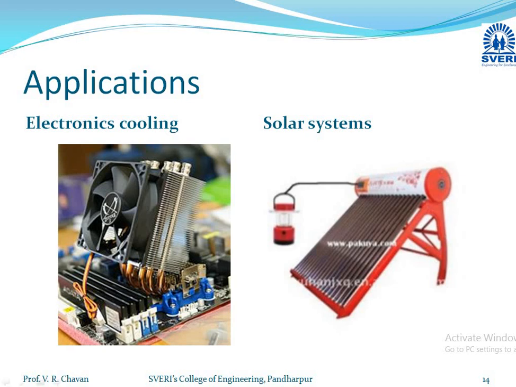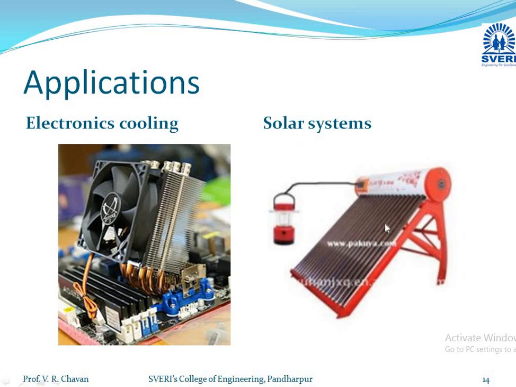In such compact cases, we know that in computers and laptops, the resistors generate heat, and we have to remove that heat from that place and transfer it to where the fan is placed. For that purpose we require this heat pipe. Then in solar systems, to increase the efficiency of a solar system, we are nowadays using